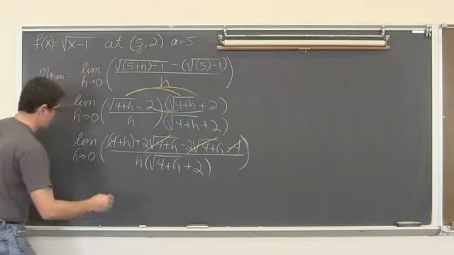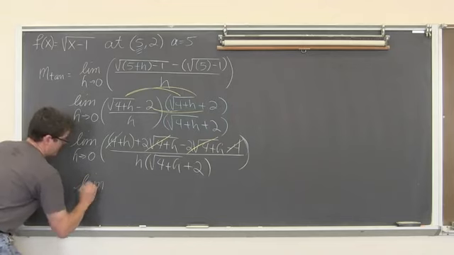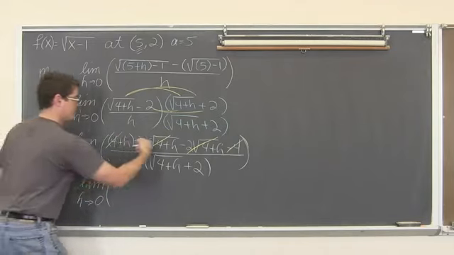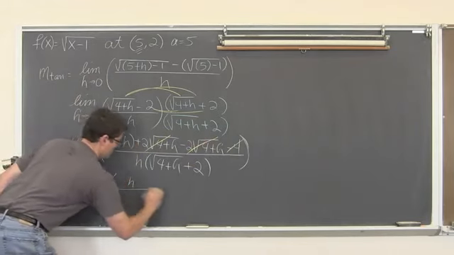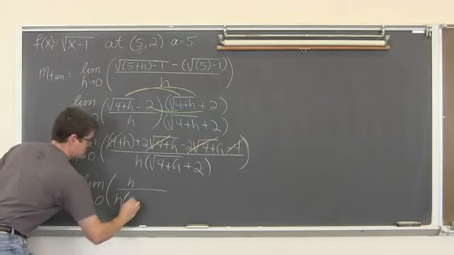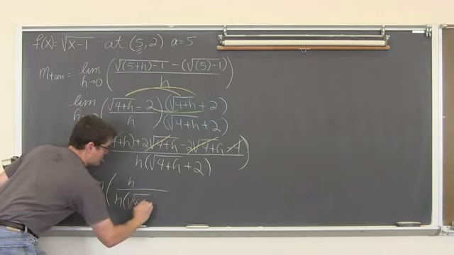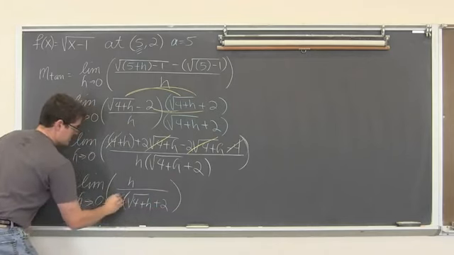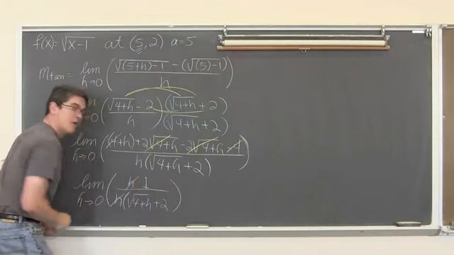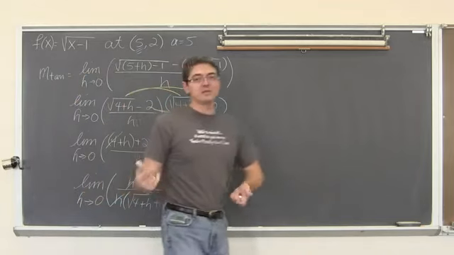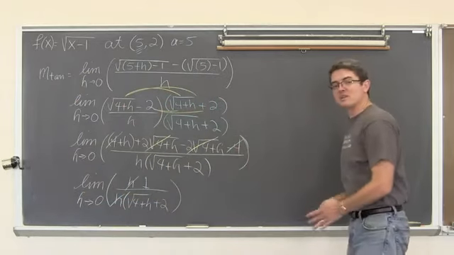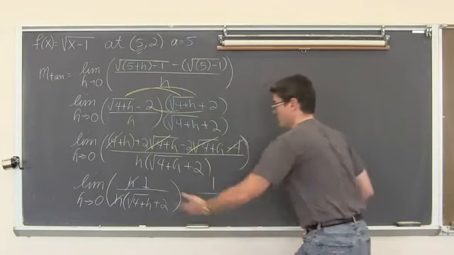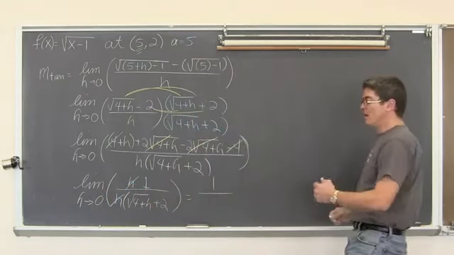But just to, again, make sure you can follow my work here, we have the limit, we'll do one more line, as h approaches 0 of, well, h over h times the square root of 4 plus h plus 2. These h's cancel out, leaving me with just a 1 in the numerator. And, well, I can plug in 0 now and not get an answer that's undefined. So we get 1, and we're plugging in 0 to find the limit, over,